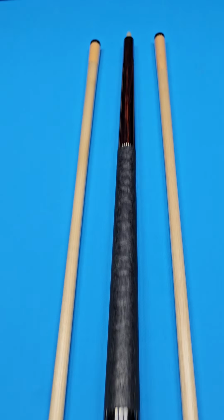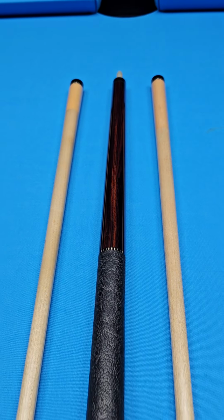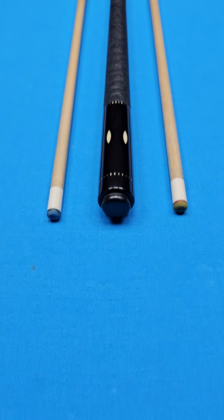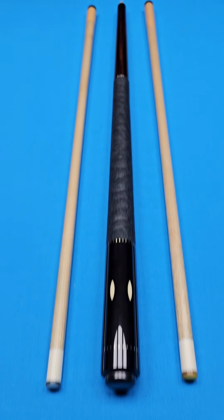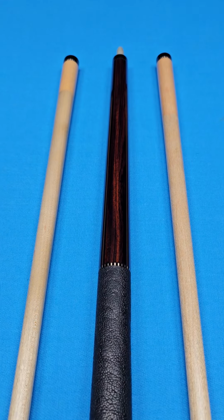So there you go. The perfect daily player made with some really good Cocobolo and Ebony by the world famous Mr. Joe Gold from Chicago. Cognoscenti,